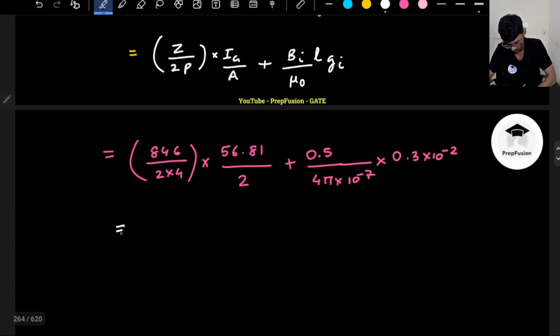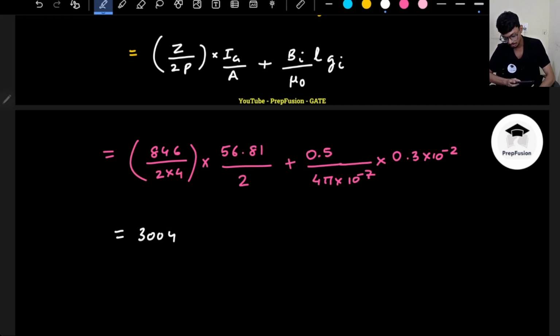So I can find out the values here: 56.81 divided by 2 into 846 divided by 8,